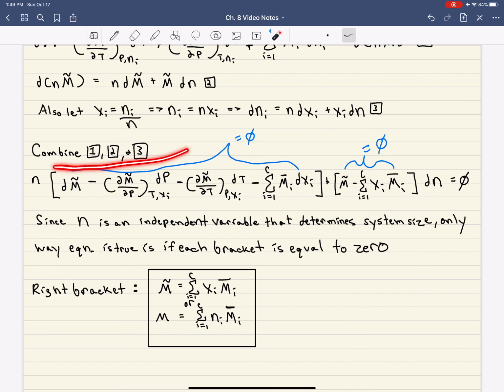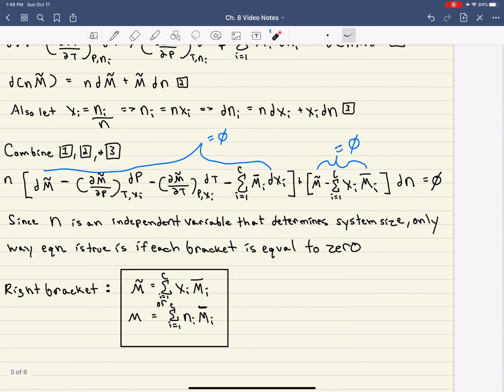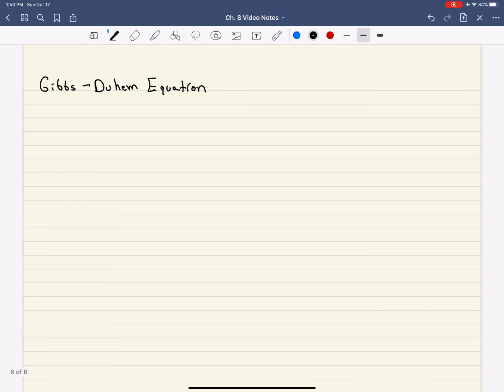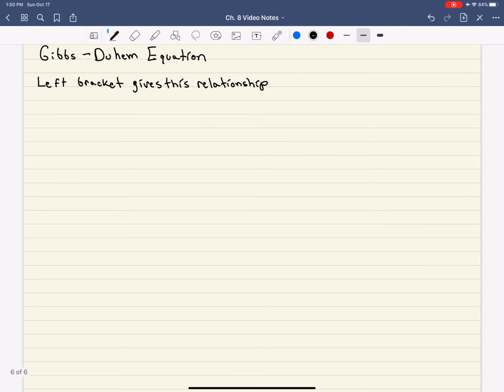But now let's focus on this left bracket, because the result of this left bracket is actually going to give us a fairly useful equation to understand the thermodynamics of mixtures. Okay? And that equation is going to have a name. Alright, so the left bracket gives this relationship. Okay. Where